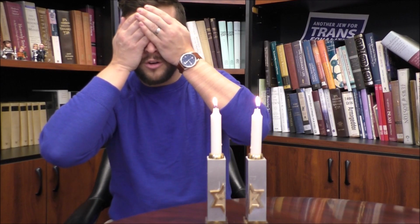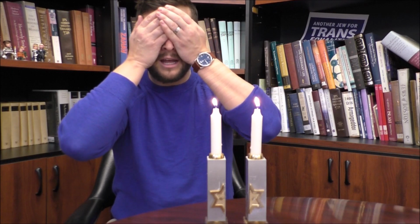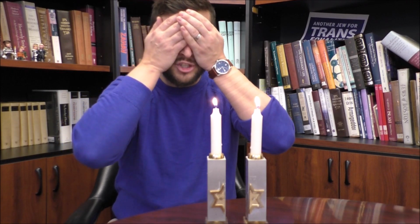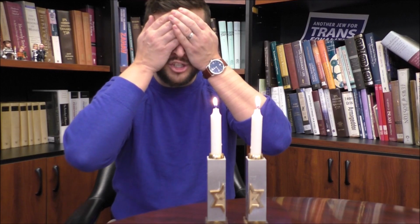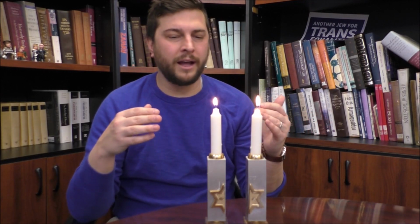The more traditional one is Baruch atah Adonai Eloheinu melech haolam asher kiddushanu b'mitzvotav v'tzivanu lahadlik ner shel Shabbat. That tune is the one tune that is used also for candle lighting for Hanukkah. The other tune that we use in our house sometimes is